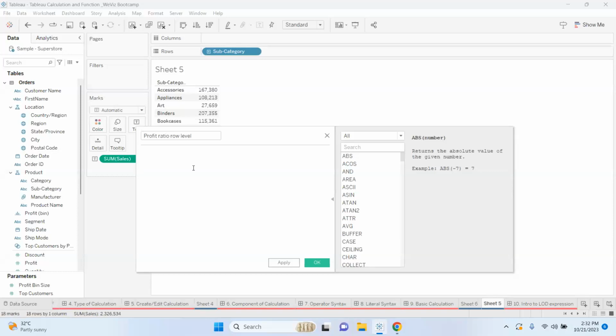We want it to affect each row. So to calculate profit ratio, we have the profit divided by sales. So it will be profit divided by sales. If I click on apply and OK,